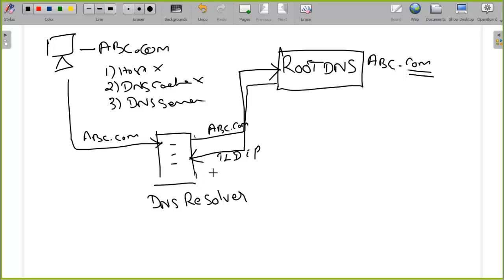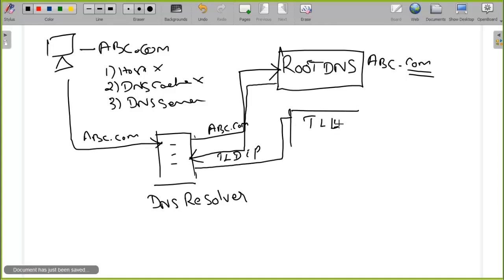Now the resolver will contact the top level domain, which is the .com's top level domain, the TLD. Like .com, we have .in, .co.uk, .co.in, .edu, .org, .us, .uk. There are many other top level domains, n number of them based on the extensions.